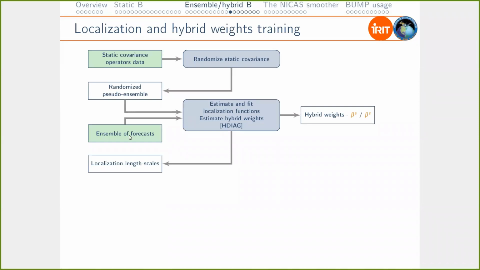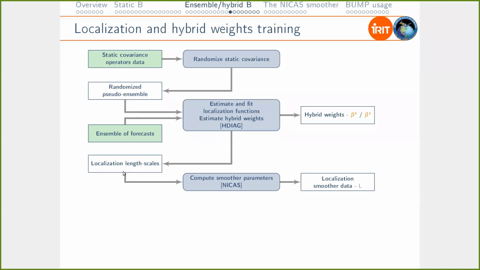And we plug this data with an ensemble of forecasts in the JEDI driver, and it will estimate and fit the localization functions and also estimate the hybrid weights. So this will provide the hybrid weights beta E and beta S, and also provide the localization length scales. And then we can plug these localization length scales into the NICAS driver to compute the smoother parameters and obtain